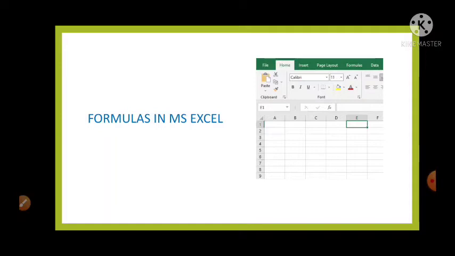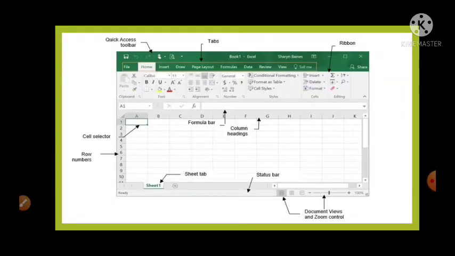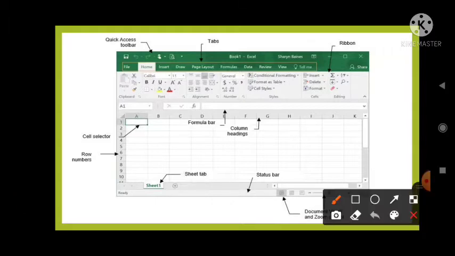Before going into the lesson, at first we have to know about the Excel window. You can see the Excel window here. If you open a new Excel file or sheet, you will have this type of window.